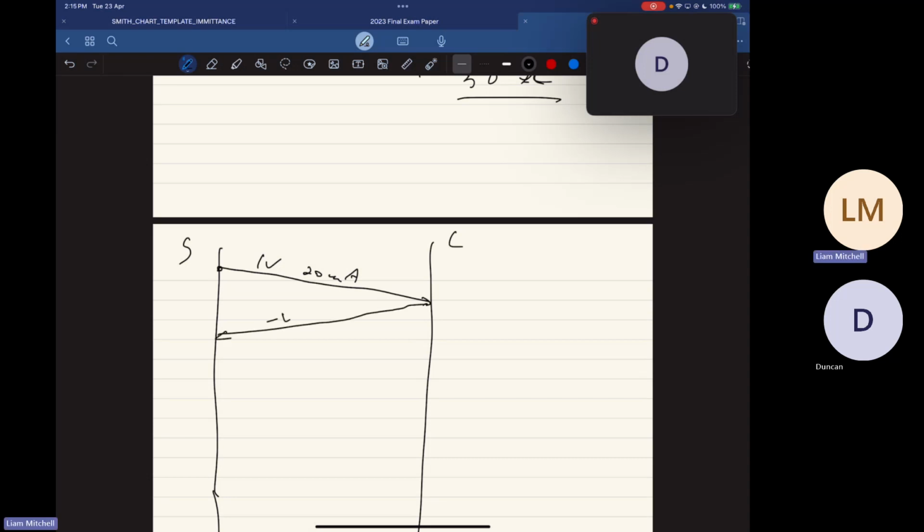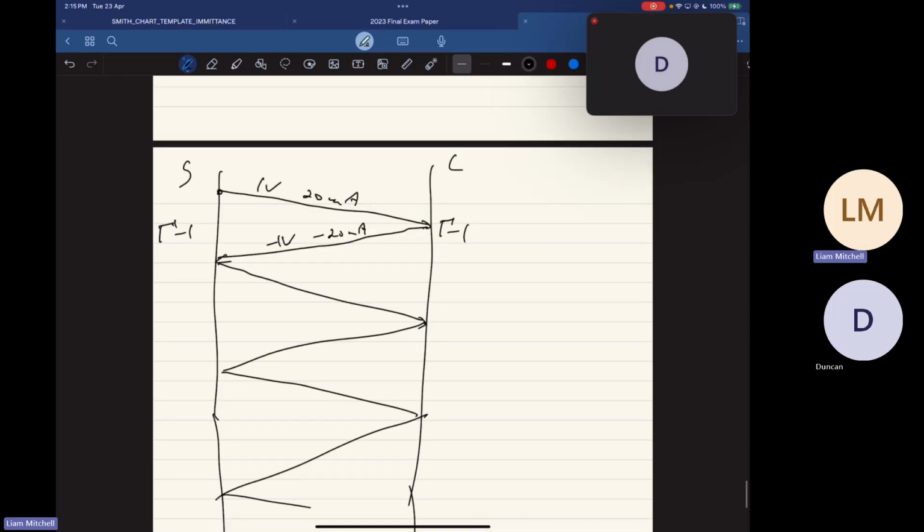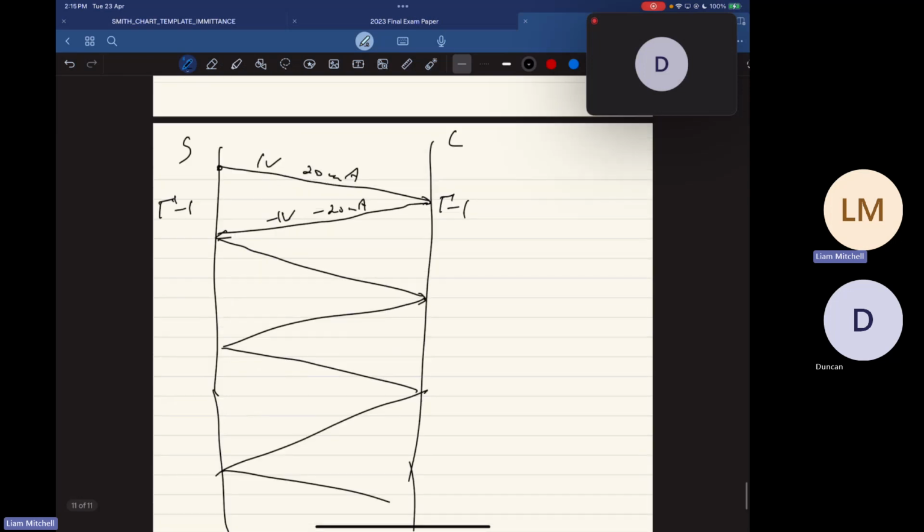You get -1 volt, and -20 milliamps. And then because the gammas are -1 on both sides, if it forever reflects, this is going to be 1, 20, -1, -20, 1, 20, and so on